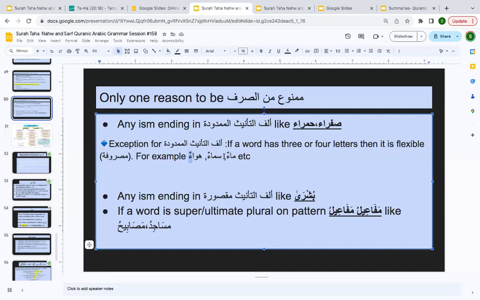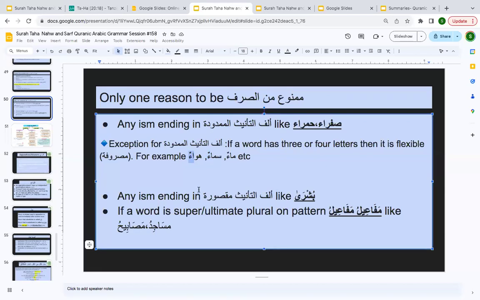Why are they not partly flexible? Because they are never going to be. But why? Never. Why no? In so many no's. I'm loving it. Because this alif is not alif ta'anis. This alif is not alif mamduda that is for ta'anis, right? This is not for ta'anis, right? It is a replacement. Barakallahu feek.